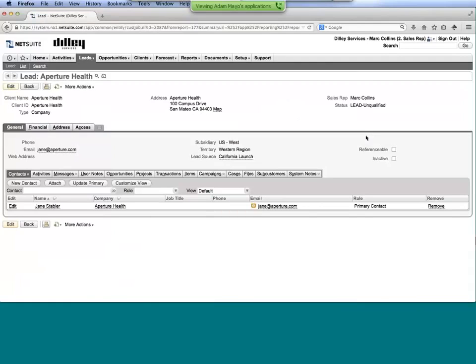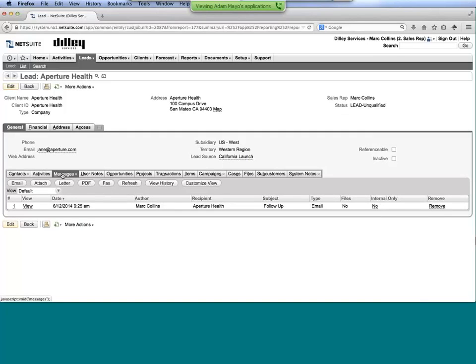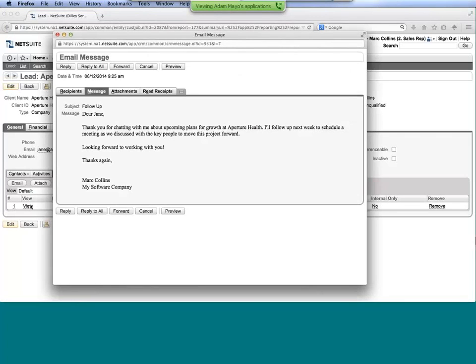So again, as a sales rep now, I can go in and start adding additional contacts. Jane, who filled out the contact form, the system was smart enough to make her a contact associated to the company within here. It also had a workflow set up to send off an email message automatically to the contact. So notice here, if I were to go in and view it, using a template approach, it personalized it. It says, Dear Jane, blah, blah, blah, blah, signed off by the sales rep.